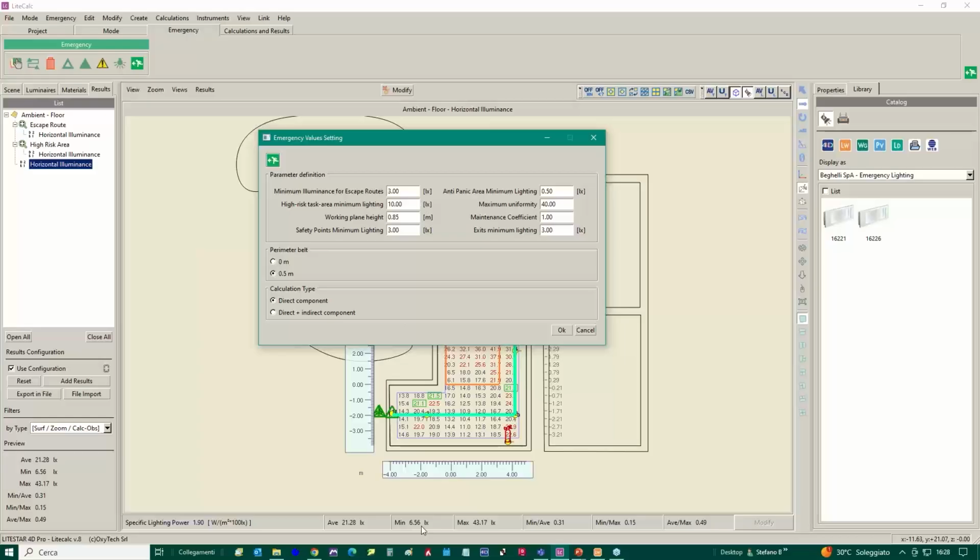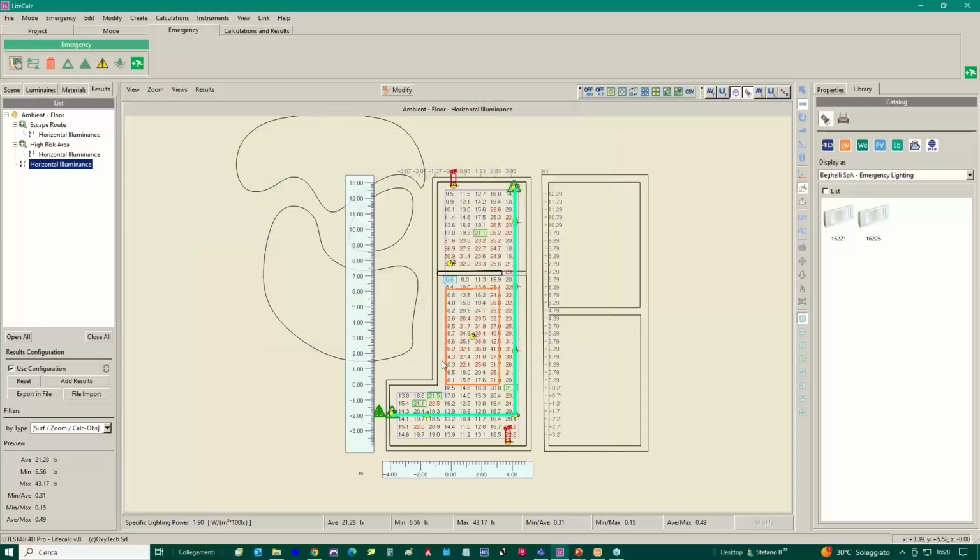In this case, we have 6.36 as the minimum value. Then we may go back and again, from here, we may create a zoom